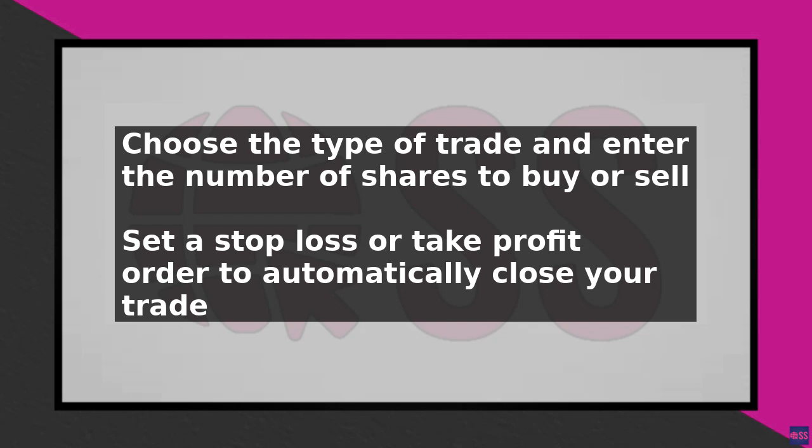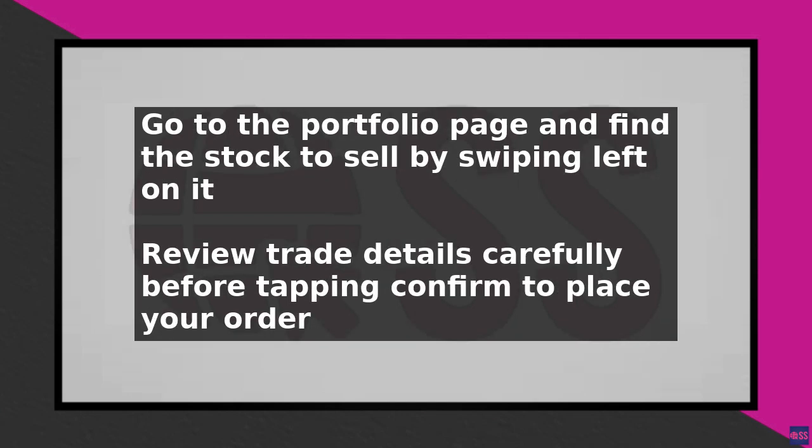To exit a trade, go to the portfolio page by tapping on the portfolio icon at the bottom of the screen. Find the stock you want to sell in your portfolio and swipe left on it. Tap the Sell button. Then choose the type of trade you want to make, either a market order or a limit order. Enter the number of shares you want to sell, and review your trade details carefully before tapping Confirm